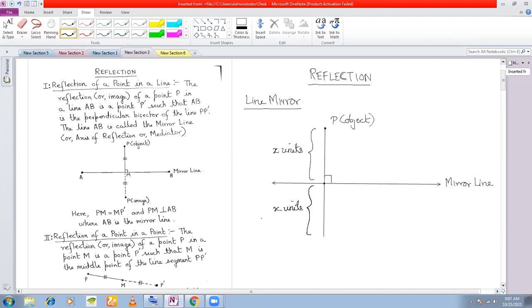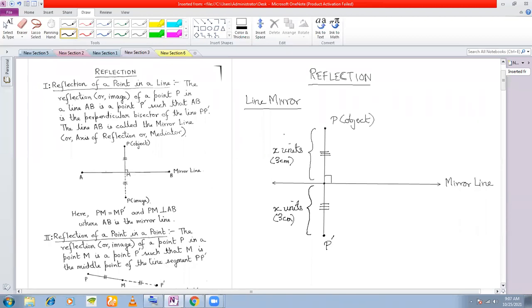Only up till x units. For example, say if this is 3 centimeter, then this will also be 3 centimeter. So this distance is 3 centimeter, then this distance will also be 3 centimeter. And then you get a point here,